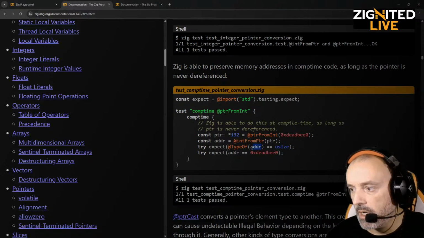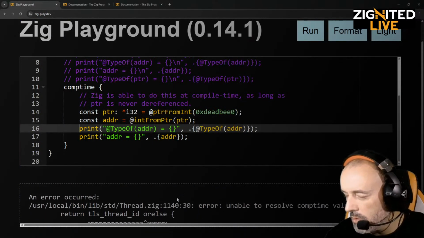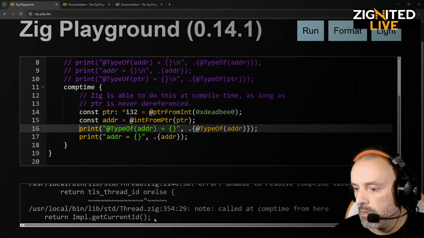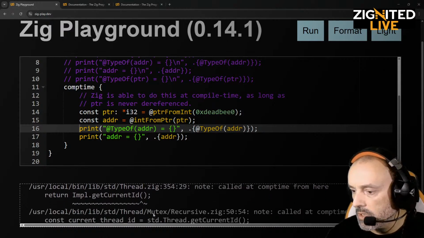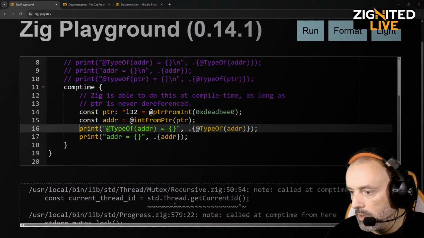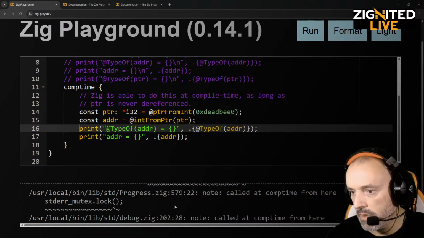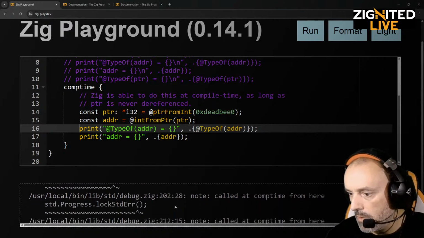It's the same thing. I just used a function here and here. Here, unable to resolve comptime value. Here, get this. Here, threads. Box wide. This is threading. Now,